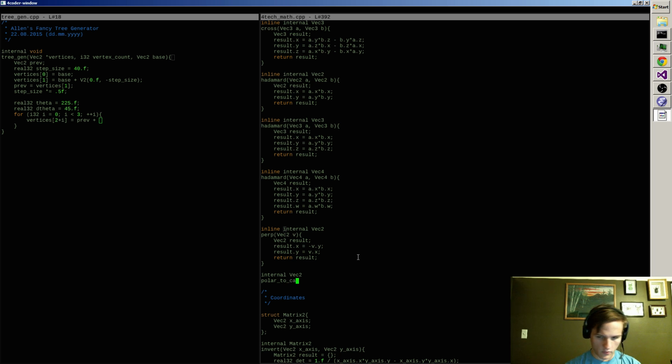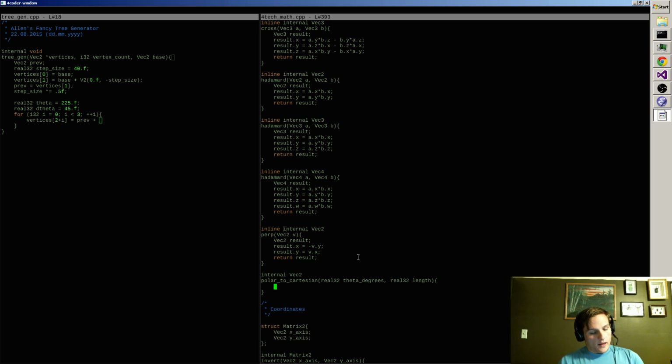Alright, so polar to Cartesian. Theta degrees. Put it in the name, people, because I always have to look at the API doc, and that sucks. And then, let's see, yeah, so it's just a matter of vec2 result, return result, x equals